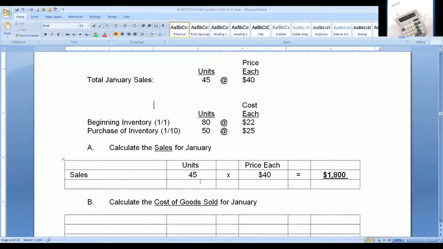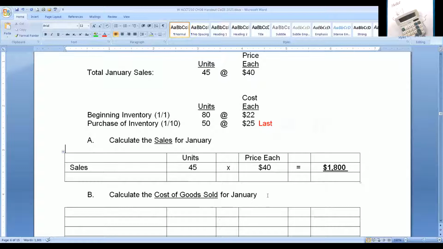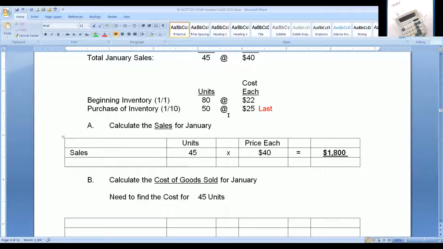Okay, so which ones are going to be the last ones in, by the way? The 1-1 or the 110? The 110. Yep. So these are the last ones in. Okay, so we're going to get the last ones in. We can get all 45 out of this. We're not going to take 50 because we can sell 50. But we need 45. So this will be